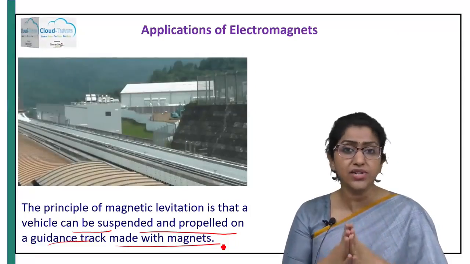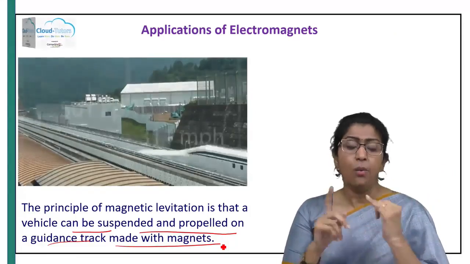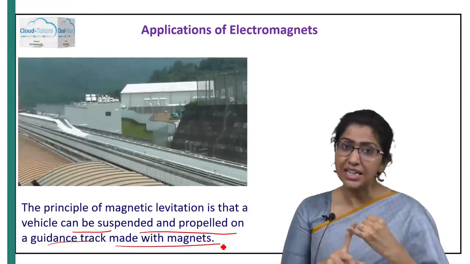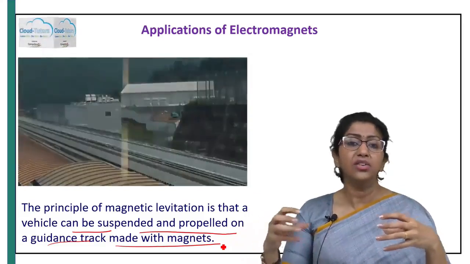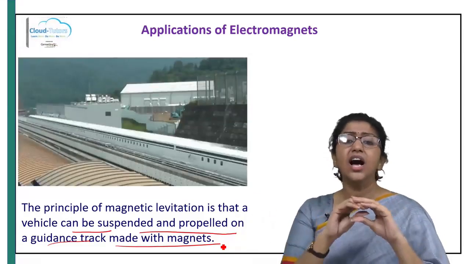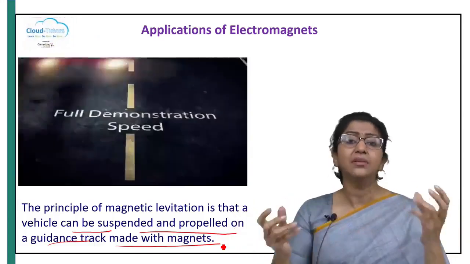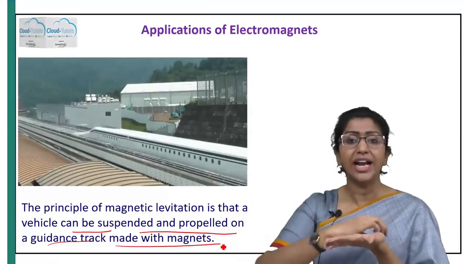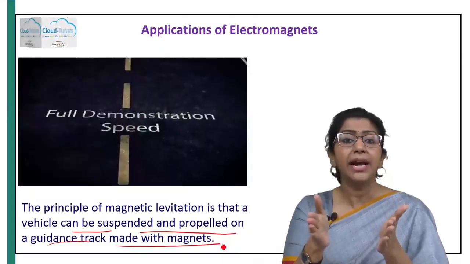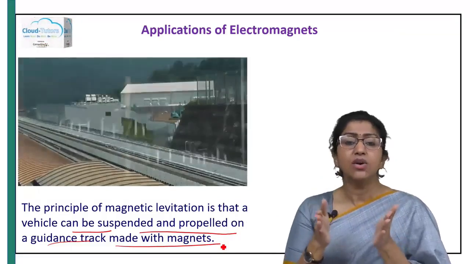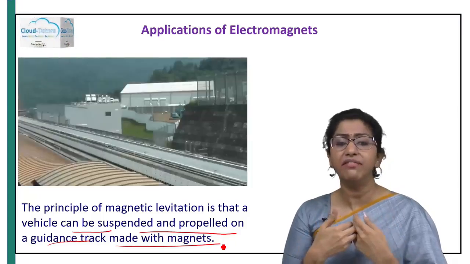And what are the advantages of these magnetic levitation trains over the normal trains that we see? One thing is that they are amazingly fast, and another thing is that no steel railings are required to run these vehicles, and hence a large amount of friction between the rails and the vehicle is reduced. If the vehicle is not running on any kind of physical rails at all, it just needs guidance paths which are made up of these electromagnets, right? In that case, a great amount of friction is reduced, and hence they achieve very high